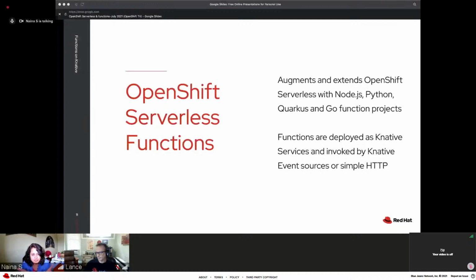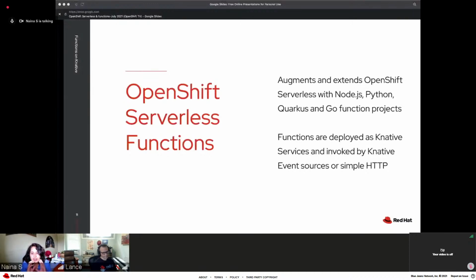So just to iterate one more time before I hand it over to Lance for our demo. We have augmented OpenShift Serverless, which is based on Knative, to offer these functions through a CLI, the command line interface, which we consider the developer's favorite tool. It provides the project scaffolding in your well-loved runtimes that are provided out of the box, which include Node.js, Python, Quarkus, Go, and Spring Boot. It creates the project structure. It even gives you boilerplate code to jumpstart your code. And with one command, you can deploy it to the cluster in serverless